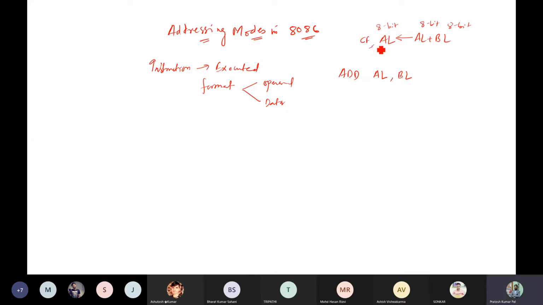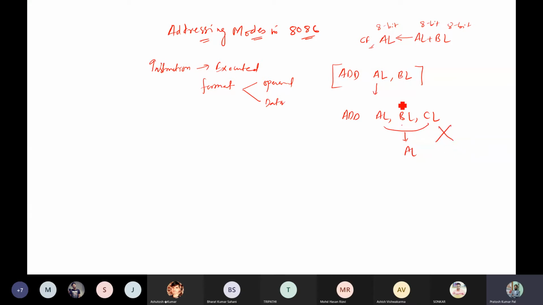So this is how the add instruction is executed in 8086, but there is a proper format. We should provide ADD along with two registers, one is AL and the other is BL. These AL and BL will be added and the result will be stored in AL. This is the standard format. You cannot write ADD AL, BL, CL and think that these three numbers will be added and stored in AL. This is not the proper format.